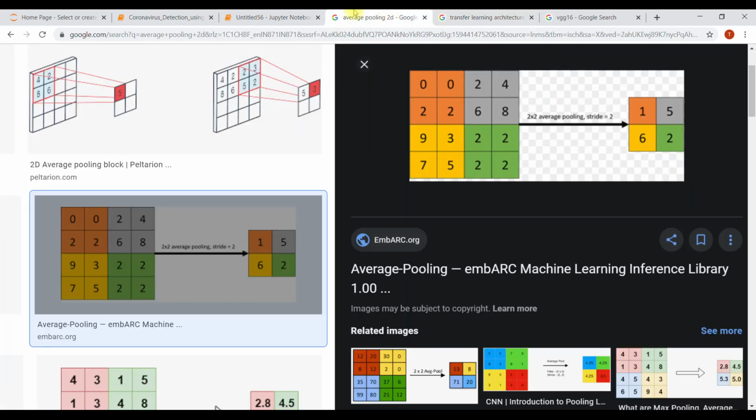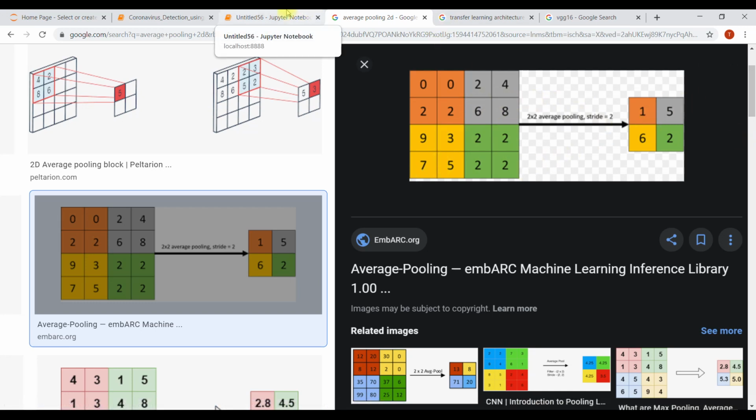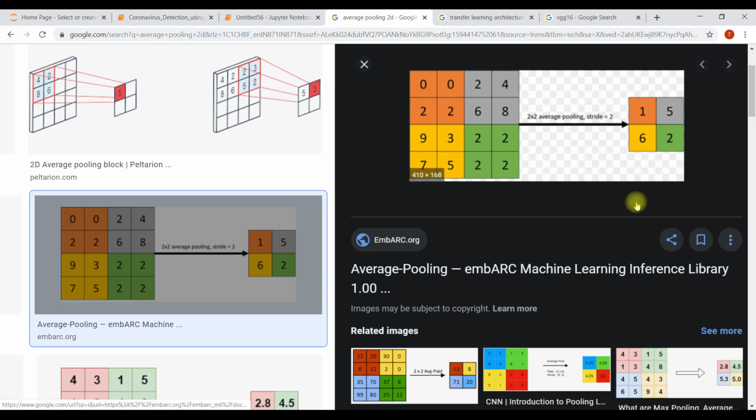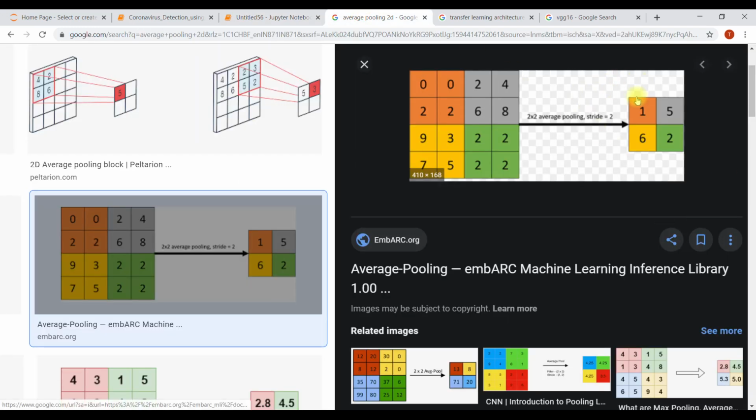Max pooling, which we are not using here, would simply take the maximum feature, like 2 here, 8 here, 7 here, but average pooling takes the average feature. Our pool size is 4 by 4.